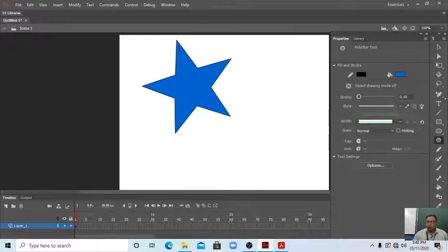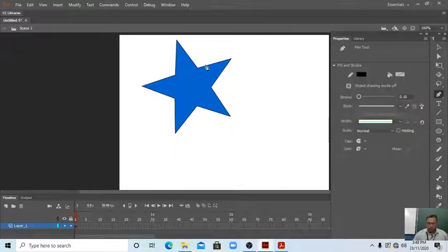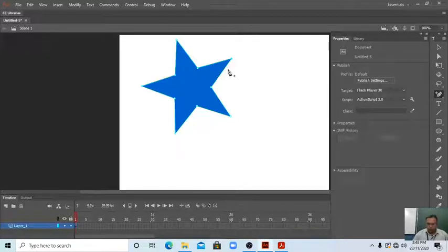Now we click on the pen tool. We will select only the pen tool and click on the outer part of the star. Now all the anchor points are showing. If you want to add more anchor points, select the pen tool and here choose the Add Anchor Point tool. Now, wherever you want, you can click there. See here, I am doing it, students.